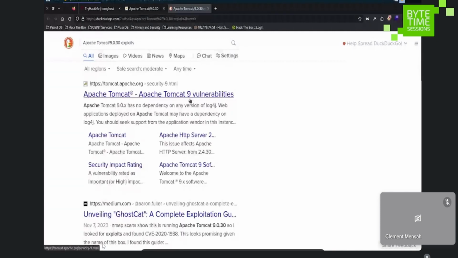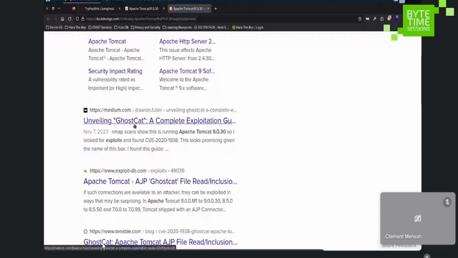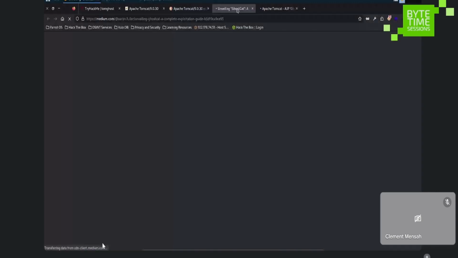And then this one says the Apache Tomcat AJP Ghostcat file read/inclusion. So we can visit this one and then visit this one as well. Then let's see what they have for us. All right, so these ones are loading,